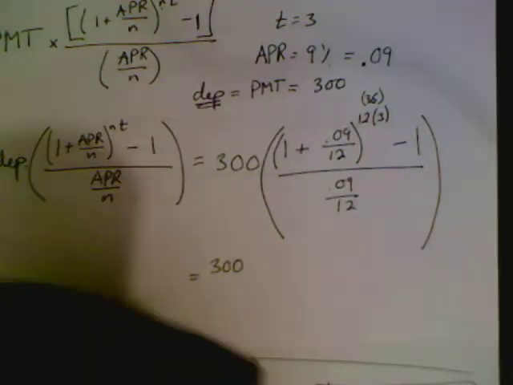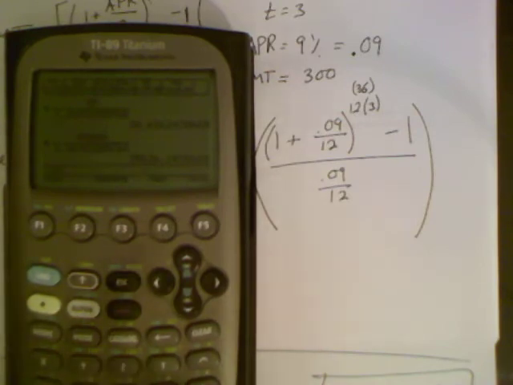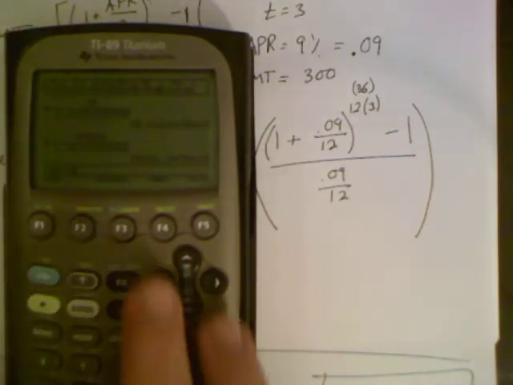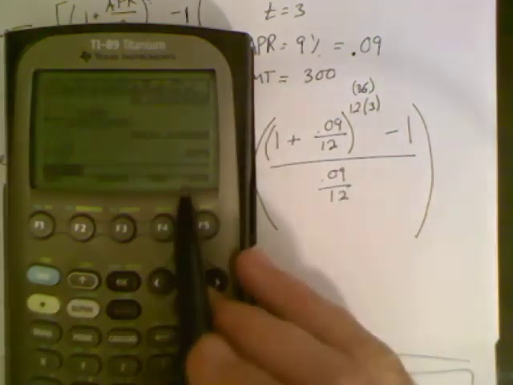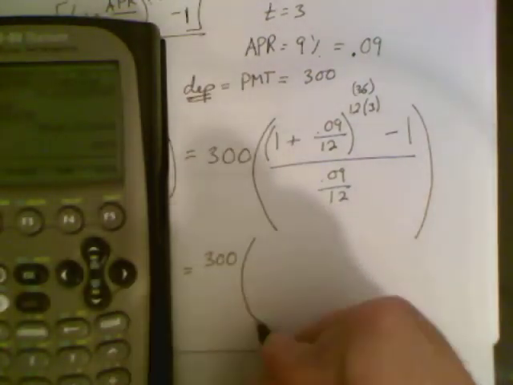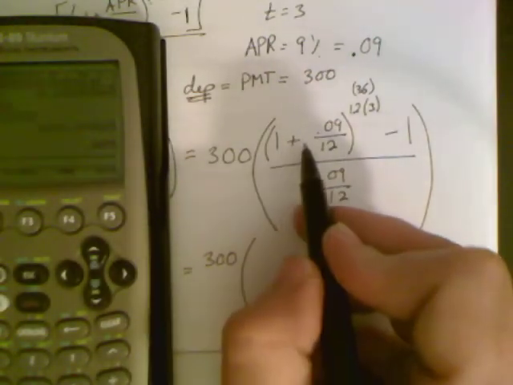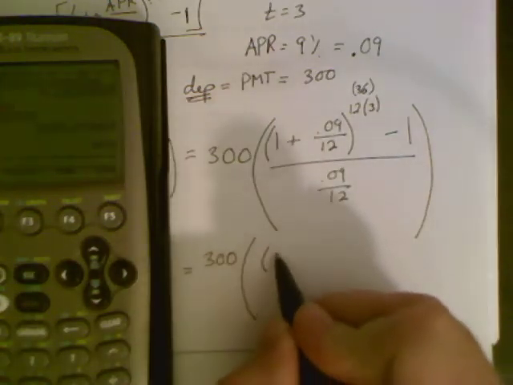My next detail that I'm going to evaluate is, in my calculator, 0.09 divided by 12. If I can do this correctly, that provides me with approximately 0.0075. Again, if you can see it on my calculator, that's great. If not, I'm going to write it down either way. So this is going to be 300 times. Well, if I take 1 and add 1 to that division value, I end up with a factor of